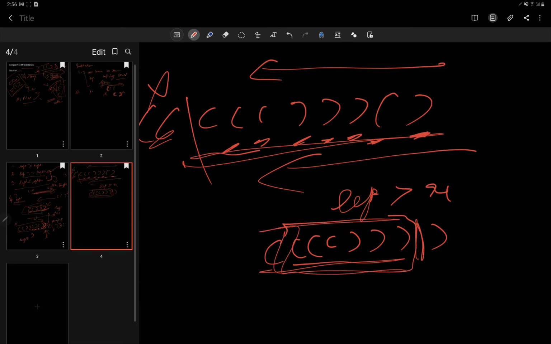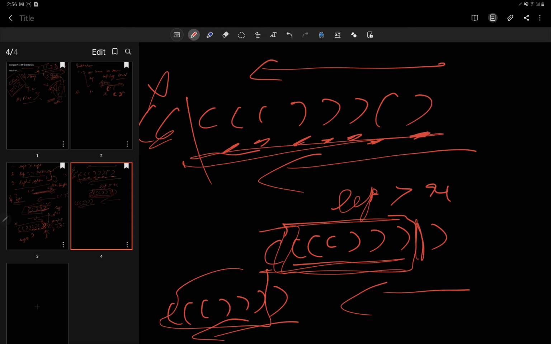This string would only be found if we traverse from here. Similarly, if there is a string like this and we keep on traversing from the backward direction, we won't get this answer. We will only be getting this, and after this we will be expecting that, so we won't know what our answer is. I hope both the traversals are clear. Both the traversals will work in the question.